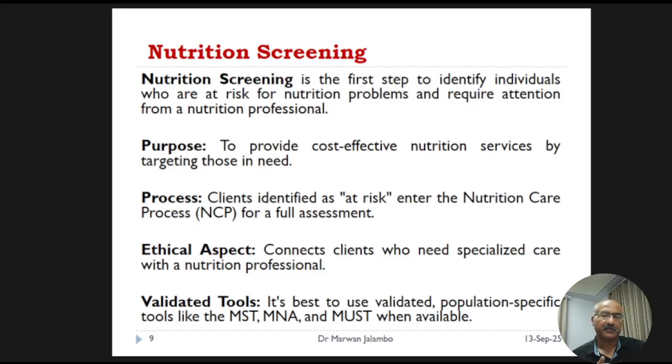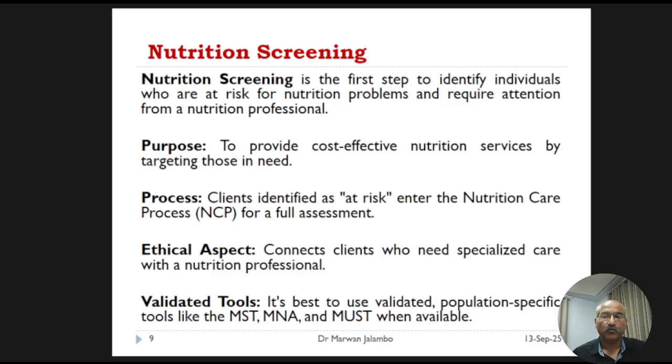From an ethical standpoint, screening ensures that patients in need are connected with the specialized care a nutrition professional can provide legally. It is a process by which a portion of the patient's care is formally transferred to the nutrition